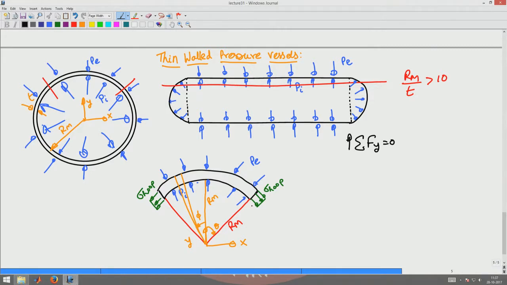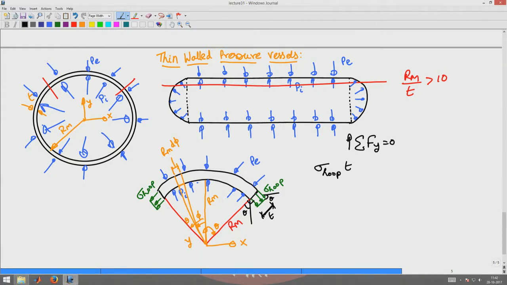First, let us look at the hoop stresses. That is the stress, so I have to multiply by the area first. Now, I am going to write the equilibrium equations for this thin walled pressure vessel. First, I am going to write the vertical force equilibrium, which will give me the hoop stresses. So, I have to find what is the net force acting in the vertical direction because of the hoop stresses. The net force would be sigma hoop into T, this width along which the hoop stress acts.